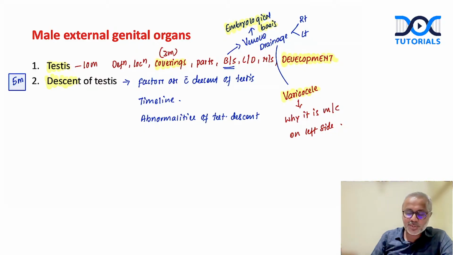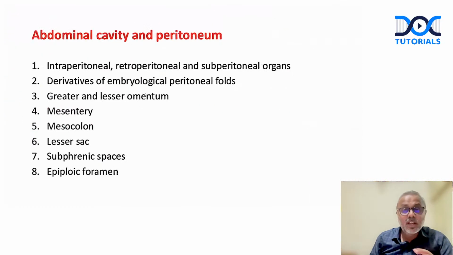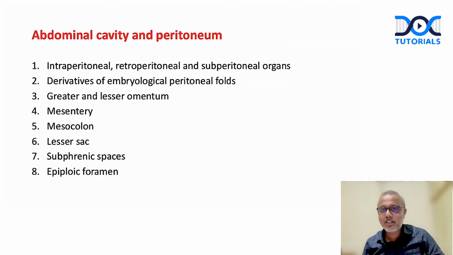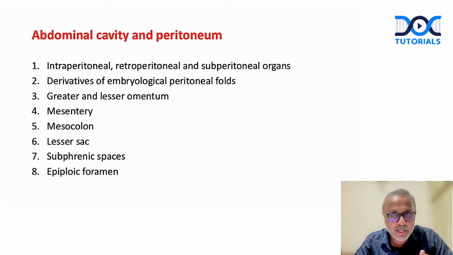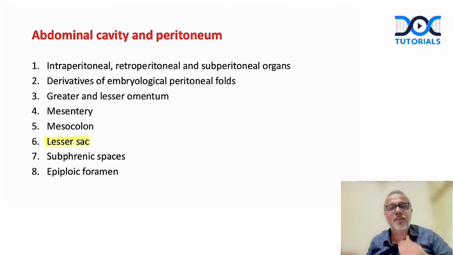Done. So this is regarding the male external genitals, right? Then in the topic of abdominal cavity and the peritoneum, most often we spend a lot of time scratching our heads on the anatomy of the peritoneum and may not end up seeing a lot of questions on peritoneum, right? But there are few questions that are examiner's favorite again. And to pick the first question, I would rank the most important question here would be the anatomy of the lesser sac, right?